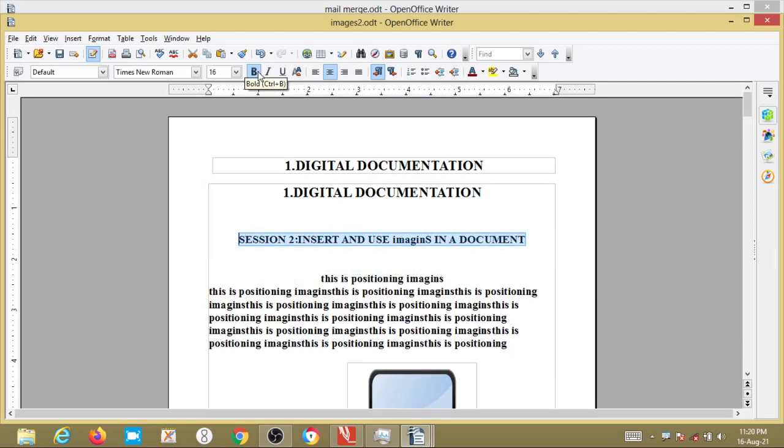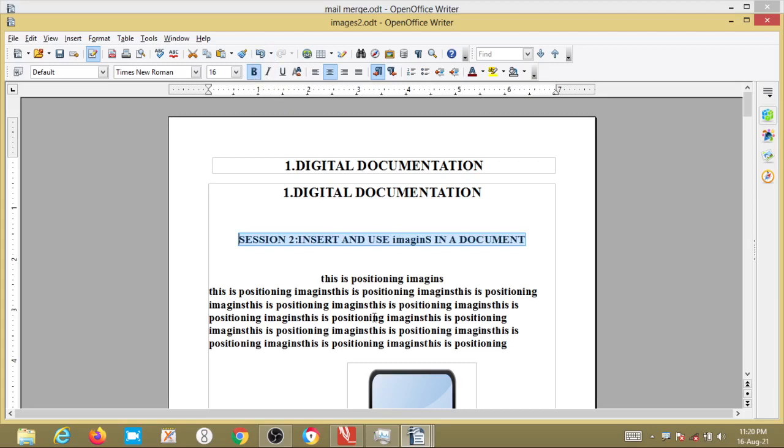Then go here, there is a bold option, the letter B. If it is deselected, there is no blue square on that letter, so it is not selected. Now the text is not in bold, right? If you select the text and click on B, it gets bold, and this icon is pressed.